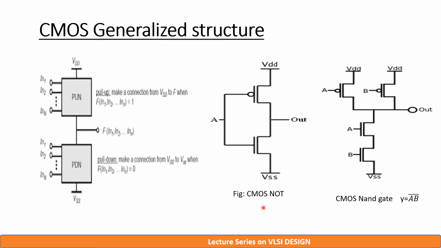For example, consider a NOT gate. The expression for NOT gate is Y equals to A bar. Hence we need one pull-up device and one pull-down device. So one pull-up device, that is PMOS, one pull-down device, that is NMOS. Both the gate inputs are fed with variable A. Both the drains are interconnected, which gives you output of NOT gate. The topmost end of pull-up network is connected to VDD and the lower end of pull-down is connected to ground.